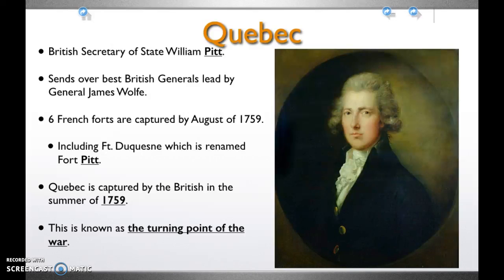By the end of August 1759, six French forts are captured, including Fort Duquesne, which is soundly renamed Fort Pitt for William Pitt. That is now modern-day Pittsburgh, Pennsylvania. The city of Quebec is also captured by the British in 1759, but at the cost of the life of General Wolfe. He is killed in the Battle of Quebec. This is the turning point of the war. The effect of this battle is the British start to win, the French are losing ground, Native Americans are being